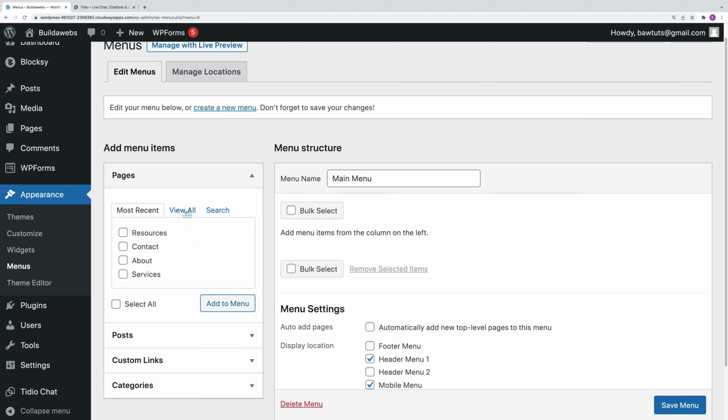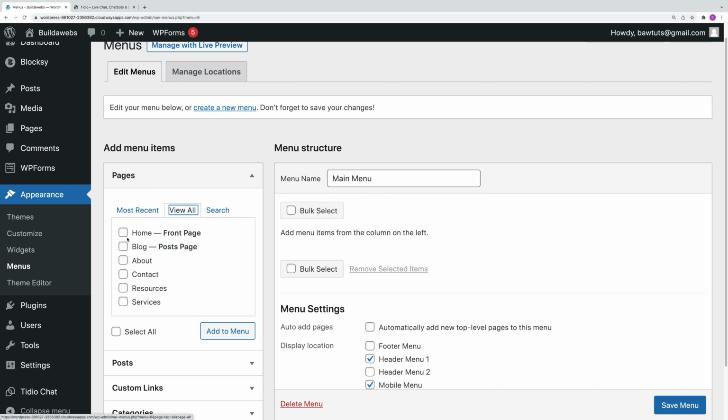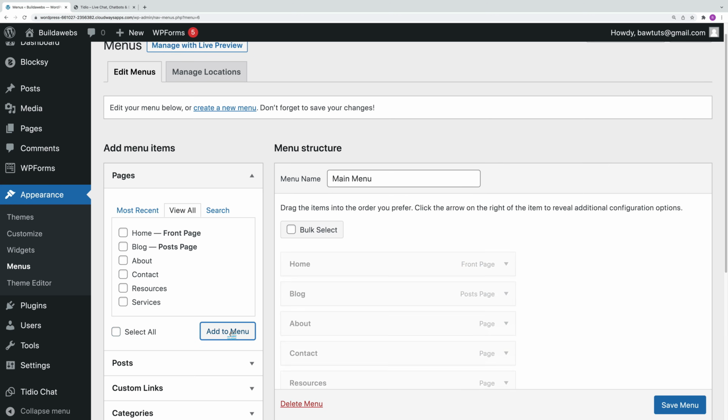So say for example, you wanted to add pages in, just click view all. And you can choose what you want to add in. So we're adding the resources page in that we've just created. That's the quick way. If you didn't want to select them all, just click select all, click add to menu. And then